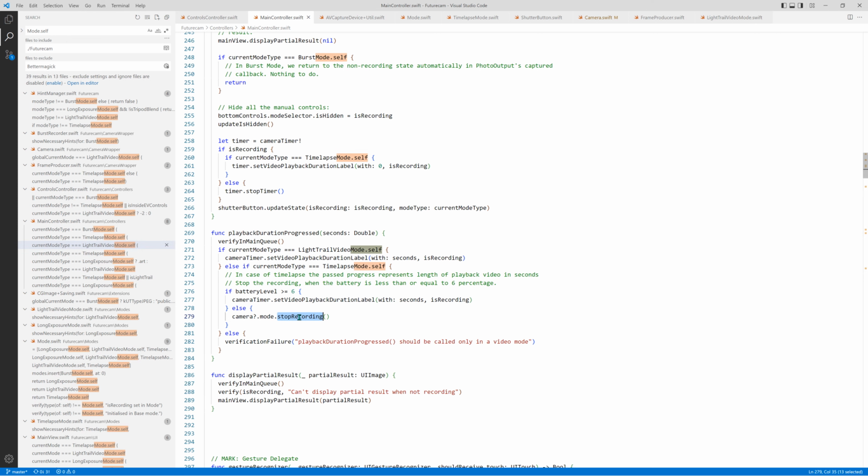This code shouldn't be in the controller: battery level. So if you start recording and let's say go to sleep and the battery runs low, you have to take care of this and stop recording. Otherwise what will happen, it won't stop and the phone will power off and you would have lost everything next morning when you wake up. So this code